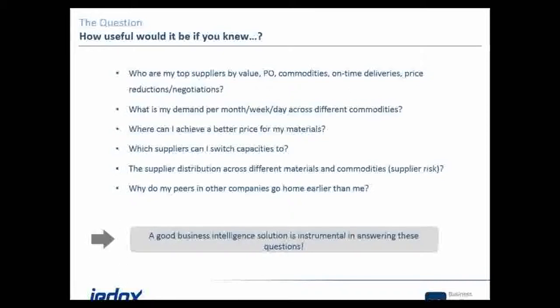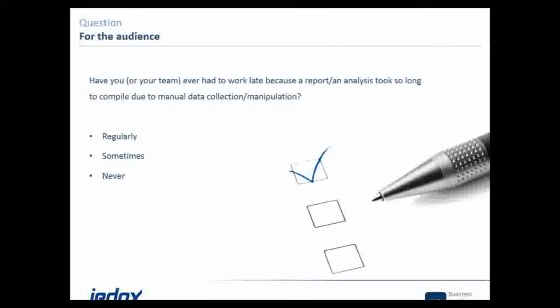So the answer to that is that a good business intelligence solution can be instrumental in answering these questions. Obviously, there are other things to do. A business intelligence solution will not simply make the world a better place, and you won't spend the rest of your days lying in a hammock at the beach. But obviously, it will help you answer some of these questions and get the transparency I think you need